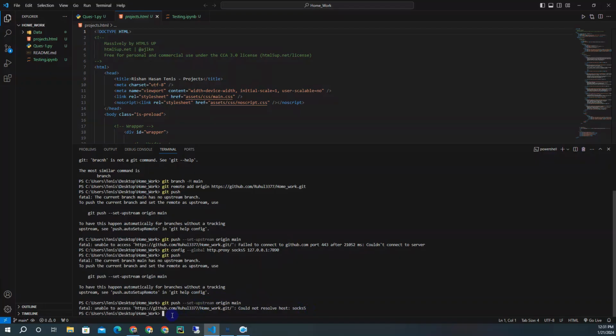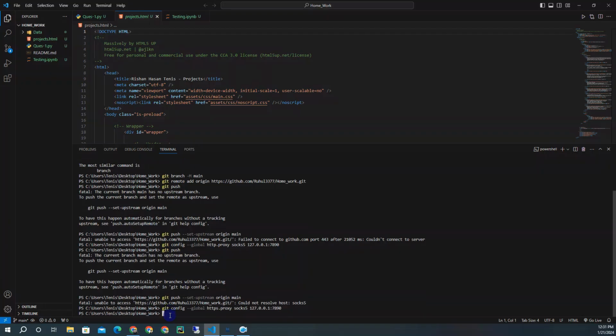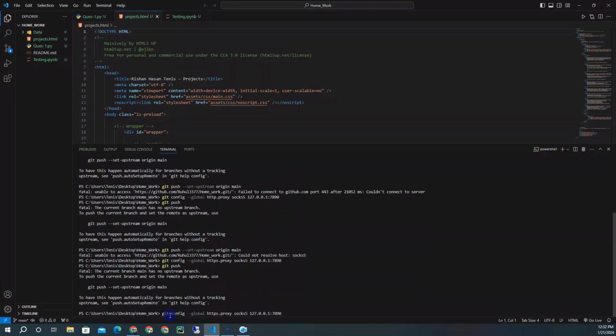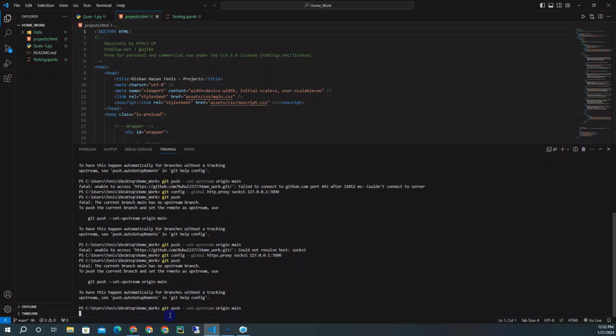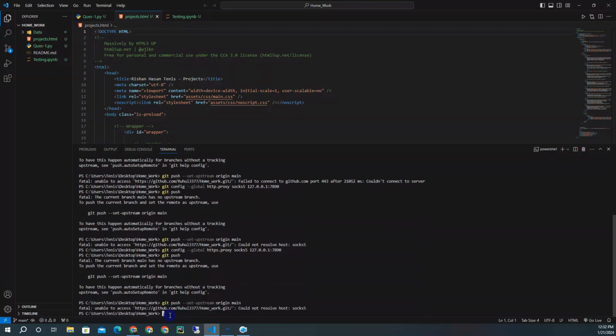Then again same error, so I have to write here config hyphen, and added here https, then press enter, push it. Again the same error, so right now git